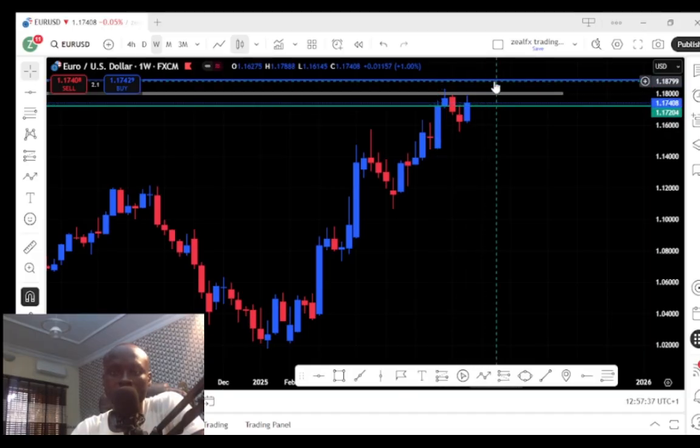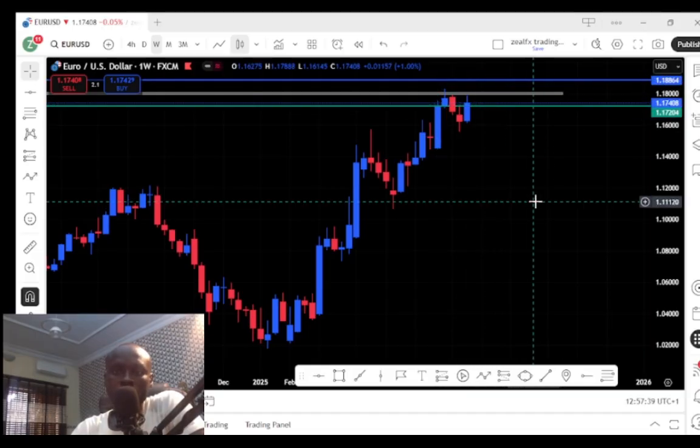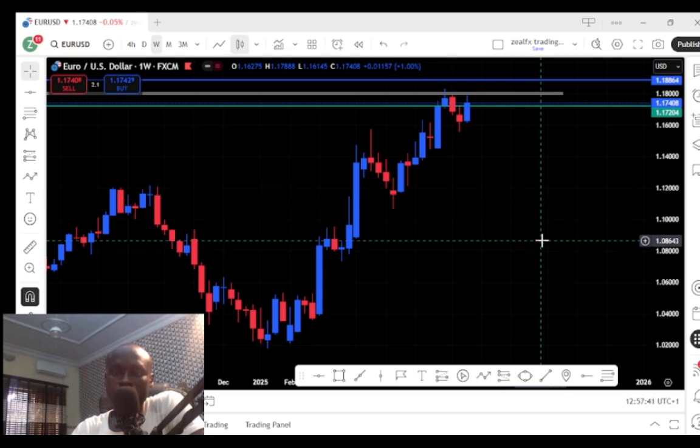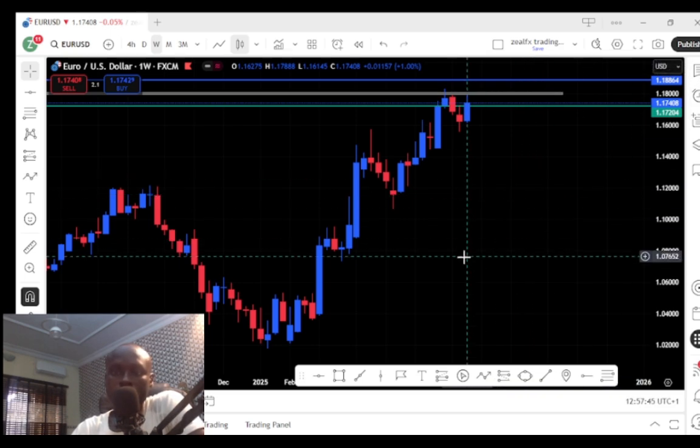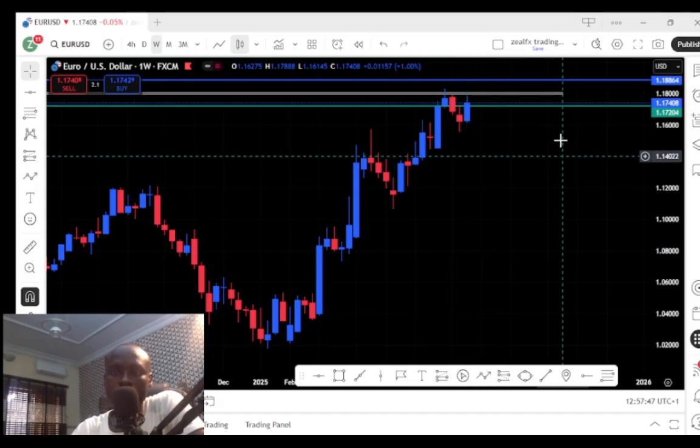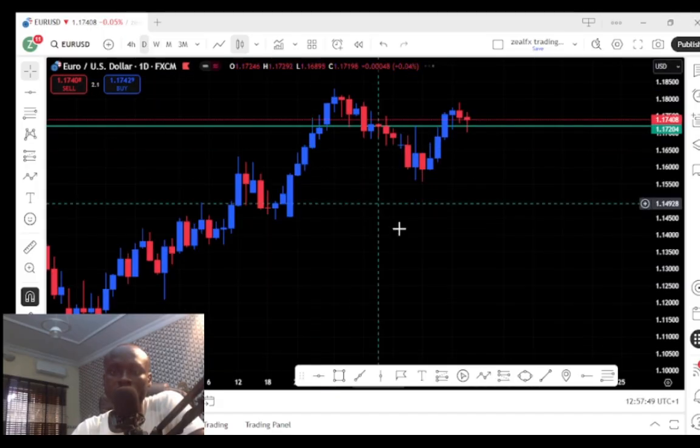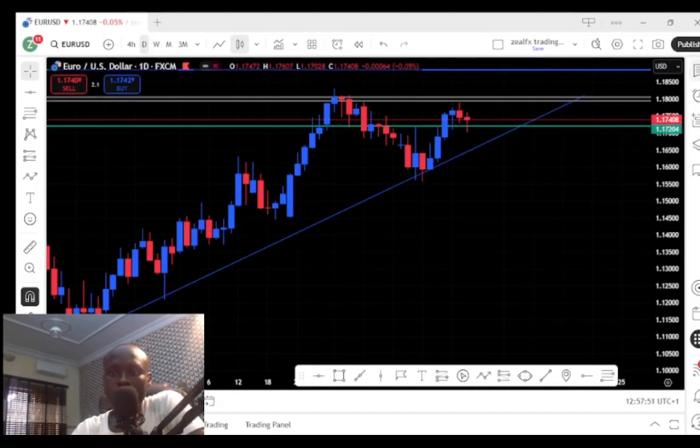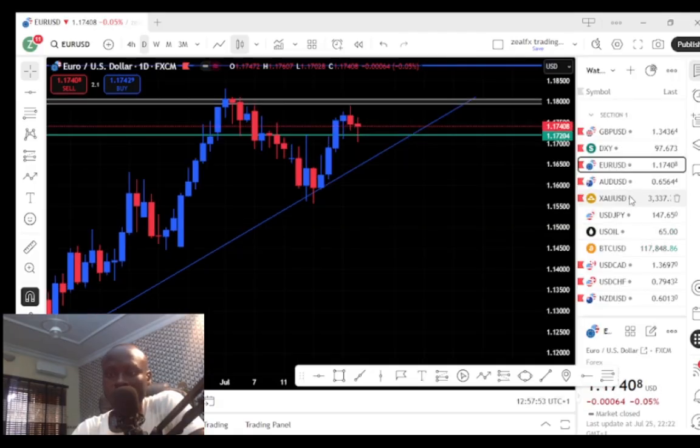So the weekly and the daily chart is telling us to buy EURUSD. So we expect more buying opportunity on EURUSD this week. So look out for your buying opportunity on EURUSD this week. So let's look at our next pair, which is the